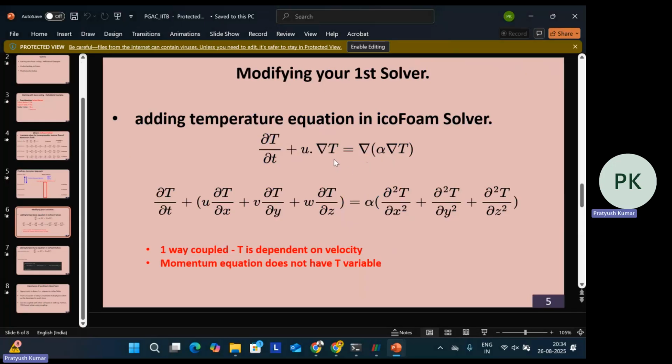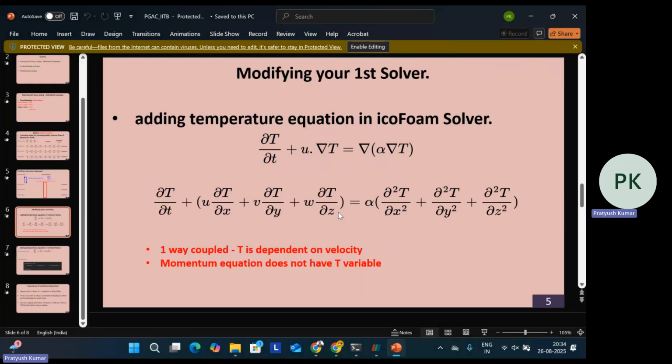So we need to model this equation in OpenFOAM. If you open each term, the u dot gradient of T will look like this, and the Laplacian of T will look like this. As you can see here, the initial part is the icoFoam solver, which calculates pressure and velocity through the predictor-corrector step. Finally, after setting a certain tolerance limit, we get the values of pressure and